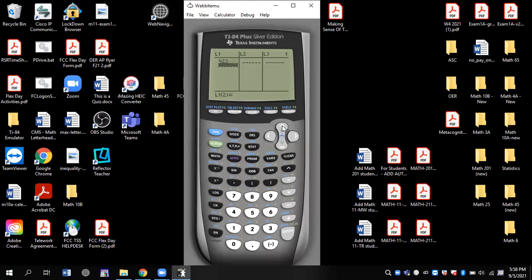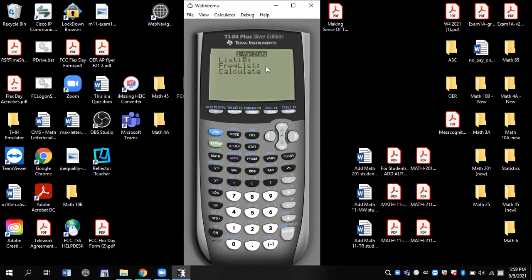By the way, if your L1 is full of stuff, just go up to the top, press clear and enter. It'll clear out L1. So one more time, 423, enter. 578, enter. 207, enter. 506, enter. 18, 90, 51, 19, 389, 425, 1. Okay, so once you got them all in, you hit second and quit, then stat, go to calculate, hit